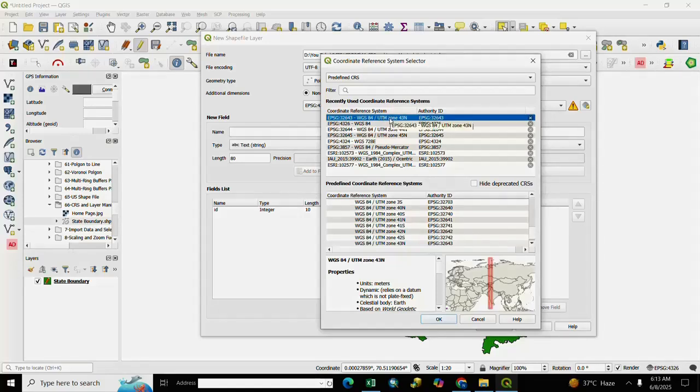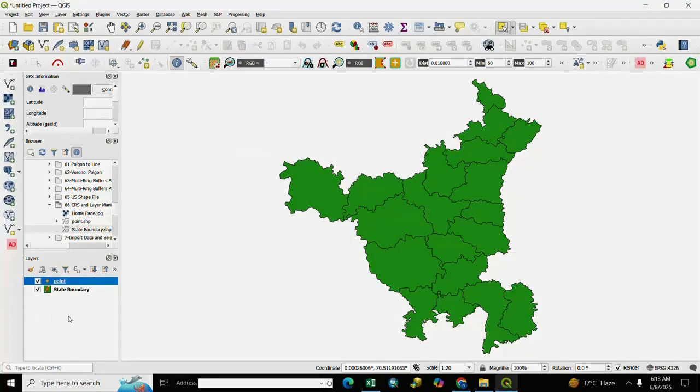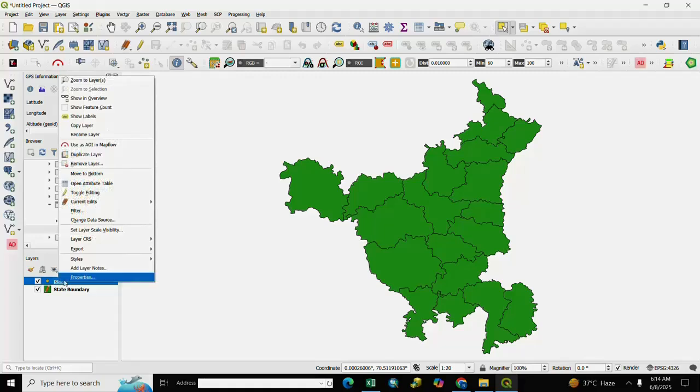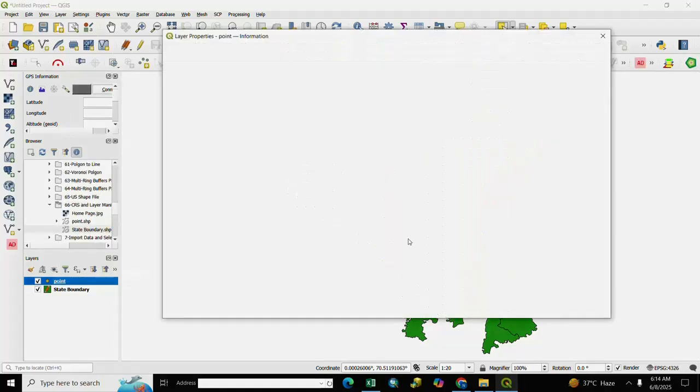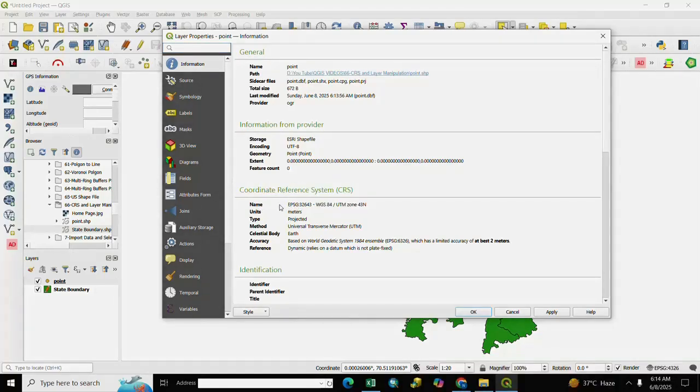We select here UTM projection, then OK and OK. You right click, go to property, and you see here coordinate reference system. Our coordinate reference system 43 north. So if you want to change your projection of file, so its process is very easy for you.